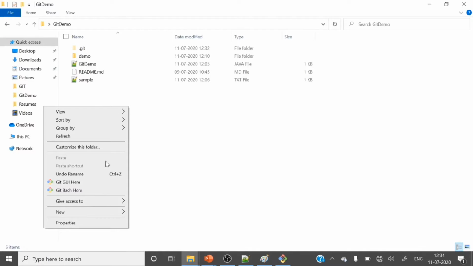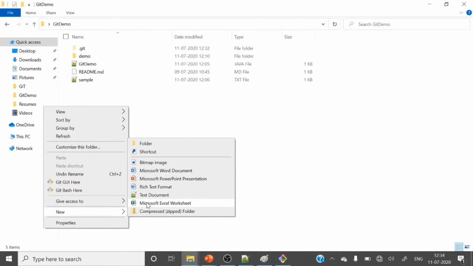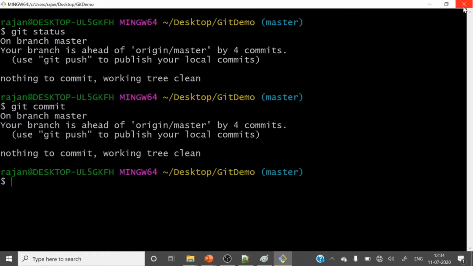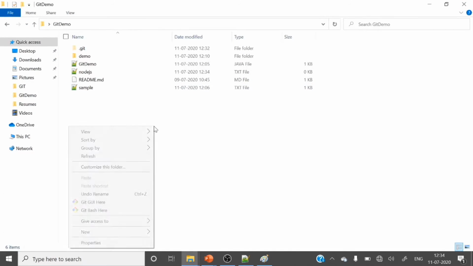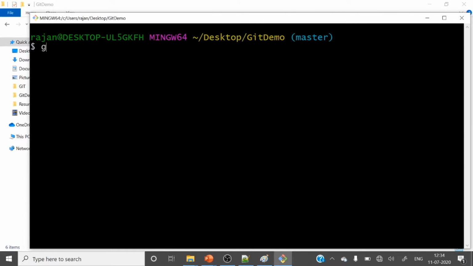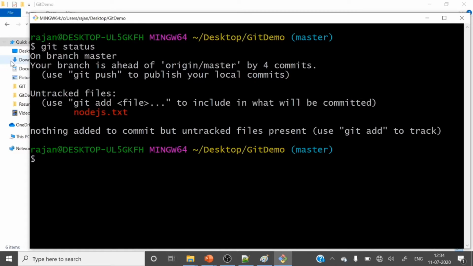Let's create one more new file, node.js. Let me close this git bash and open git bash again. Git status: just see, node.js is newly added.